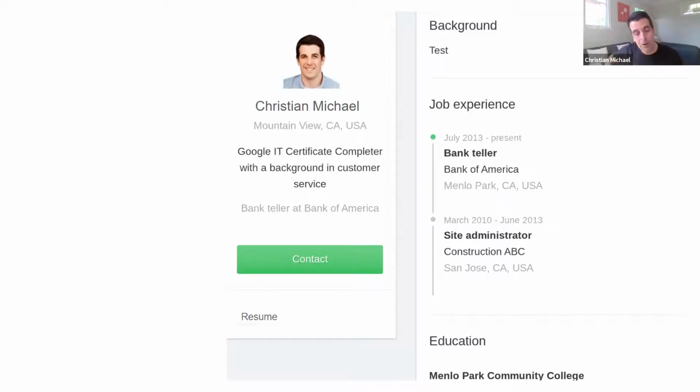And our employers that are part of our hiring consortium are actively looking through completer profiles as they're looking to fill positions. And like I said, we're building up this hiring consortium. We have a large number of national employers, but we're looking for even more local and regional employers to join our hiring consortium so that they have access to you all as you complete the certificate programs. So I'll stop there and I'll see if there are any questions for me.